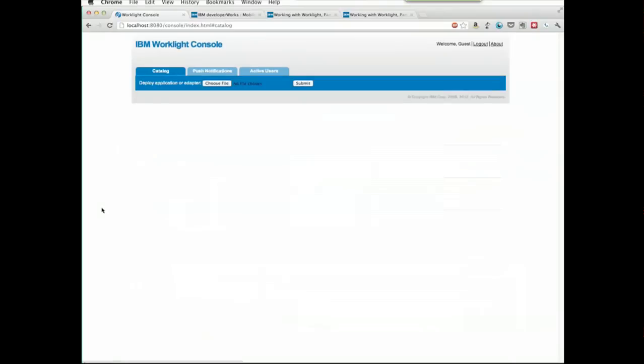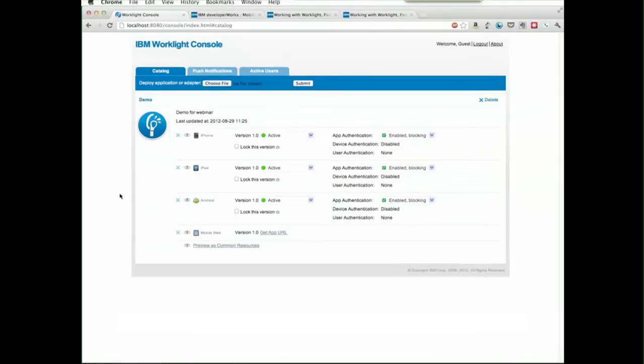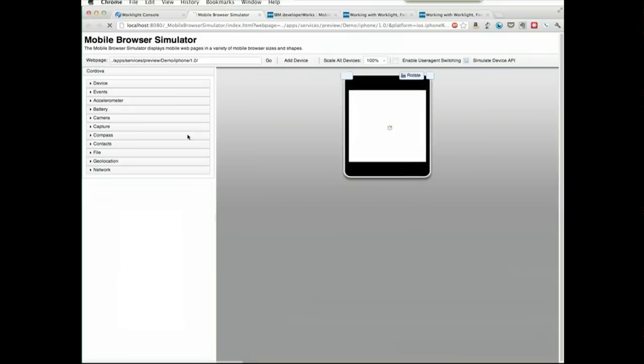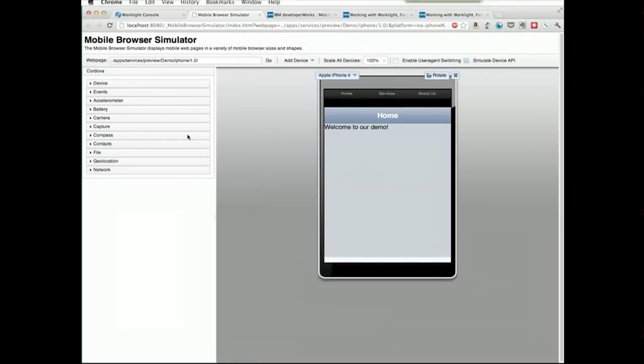So I'm going to refresh this page to pull up our app that we just built. So here's our demo app, and you can see it's got iPhone, iPad, Android, etc. So we can go click on one of these and view it. I can do it as common resources, or I can go say a particular one like an iPhone. One of the things, the tools that Worklight Studio provides you is this mobile browser simulator. So it'll take a second to load up, but what it's actually doing is bringing in a device. It's not the actual device. We're not running on the real device, but it is a simulation that lets us quickly test some of the